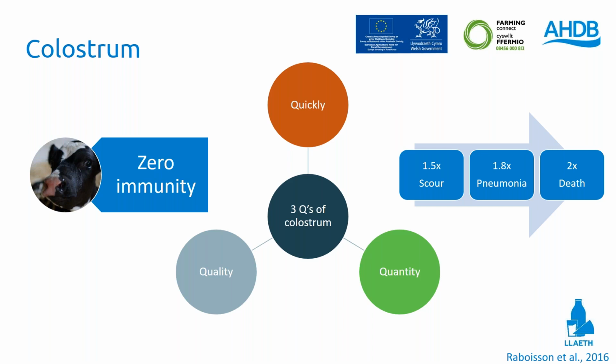So the 3 Qs of colostrum is a really neat way of remembering what those most important factors are when considering your colostrum feeding. Colostrum needs to be fed quickly, which is as soon as possible, whilst realising everyone's got to sleep at some point. No one should be getting up in the middle of the night. So always within 6 hours is quite a good cut-off. The quantity is also vital, and generally speaking, about 3 to 4 litres within that first feed is enough colostrum, even if the quality isn't that good. Which brings us to that final Q,